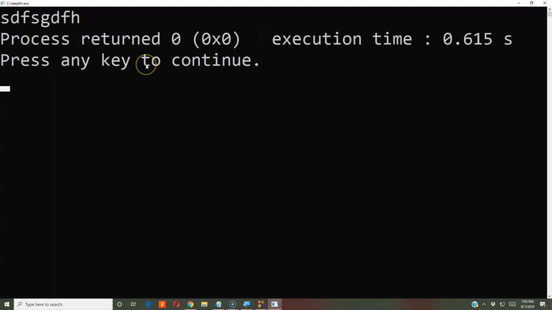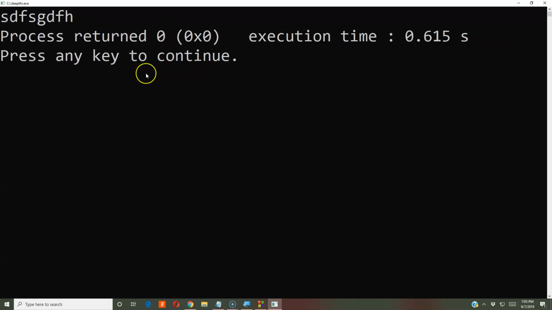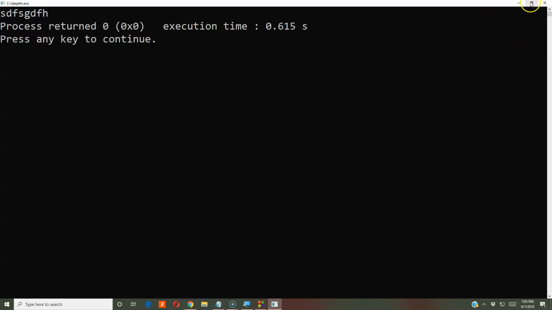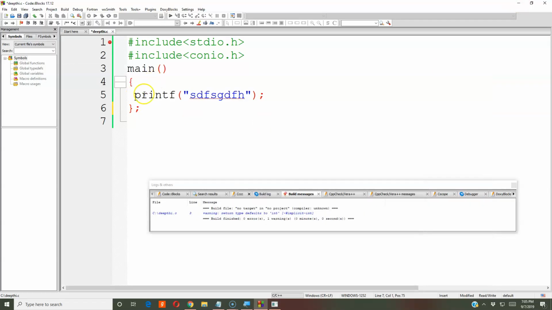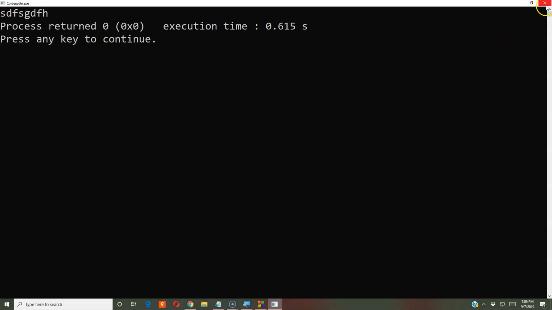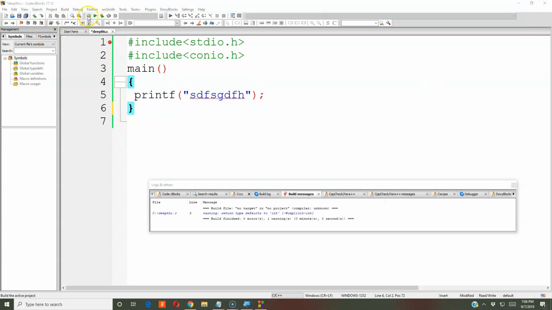See, it's visible. Control scroll I'm doing, back scroll if you are doing, it's going back. Here also you can minimize, maximize, anything. Guys, I just want to tell you, don't minimize this. Once you see the output, always close this. If you are not closing, you will not be able to build or run once more. See, I'll show you. Now let us make a change here. Now you are not able to build or run because you have not closed the window. You have to come back, close this, then only you will be able to build or run your project again.